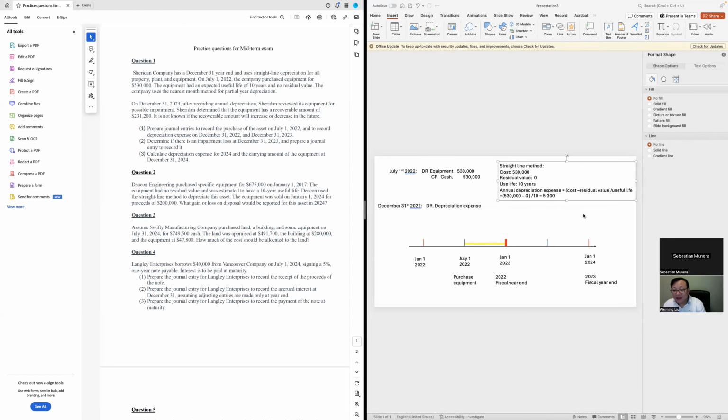So for 6 months, we say the annual amount is 53,000 times 6 over 12, right? So 6 months over 12 months of a year is a half. Yes, that's a half. You're right. So that'll be 26,500. So here I will debit depreciation expenses 26,500, and then I am going to credit